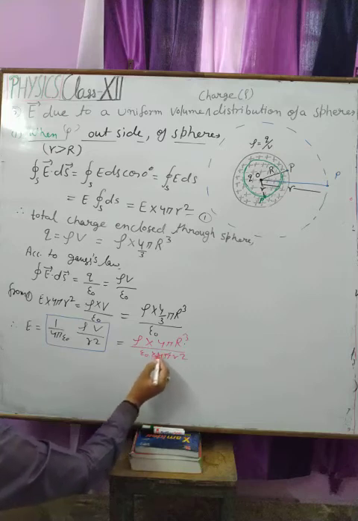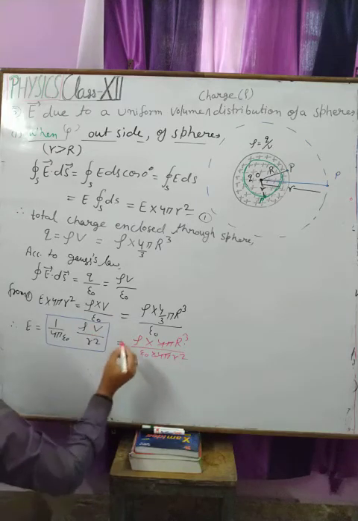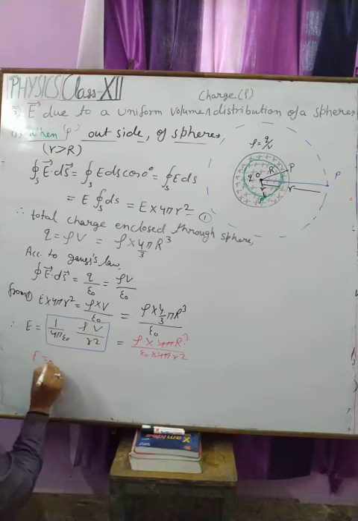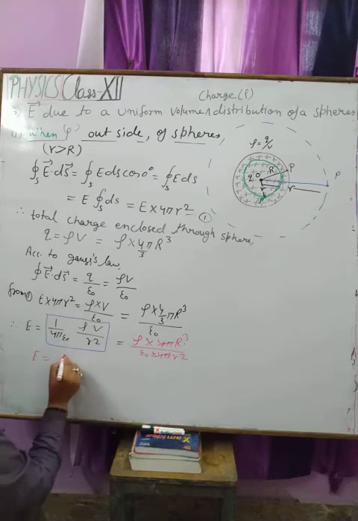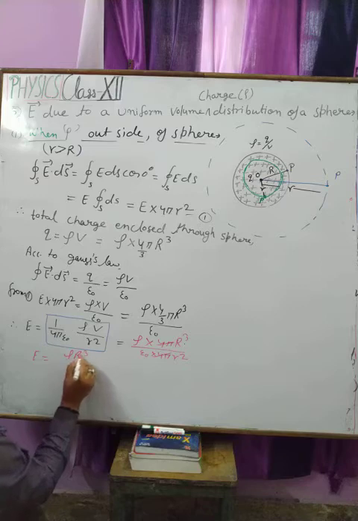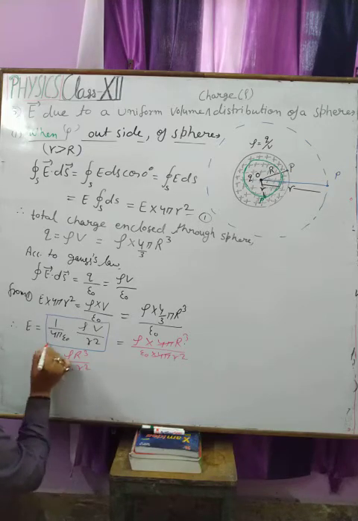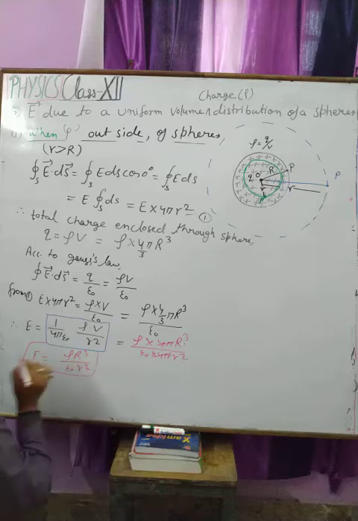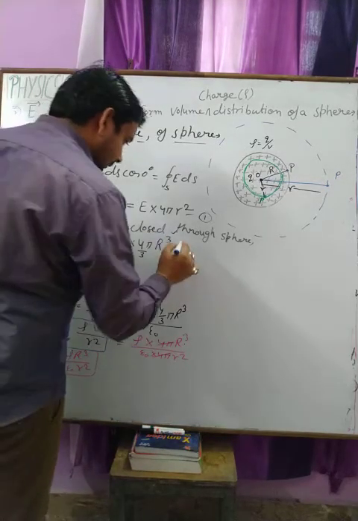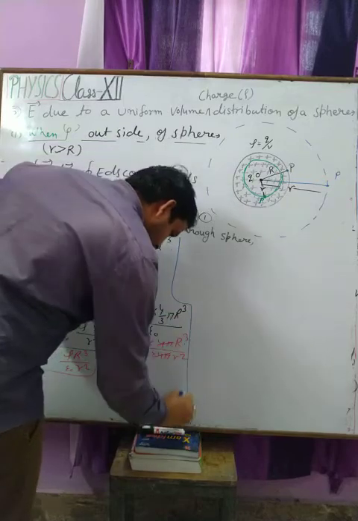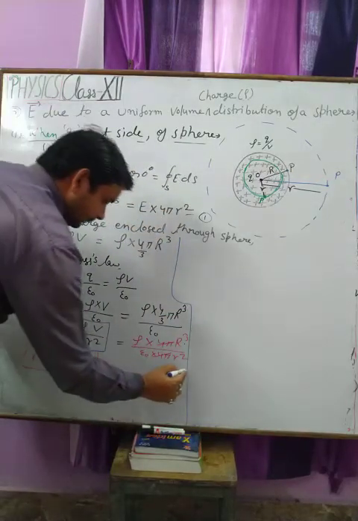So student, you are finding this will cancel, so this E is equal to rho r cube upon 3 epsilon naught r square. This is the second result of electric field outside the sphere. Okay, next we calculate the electric field due to sphere